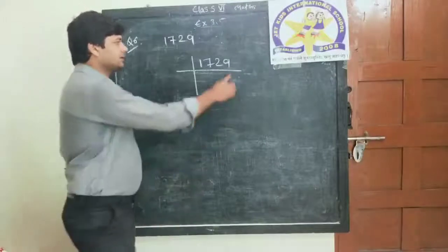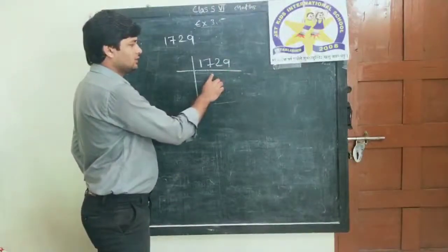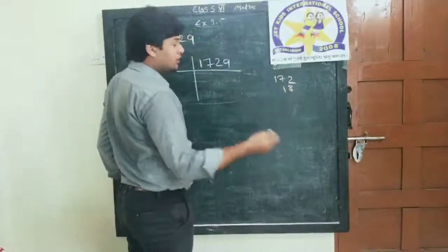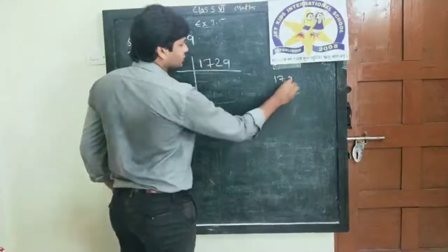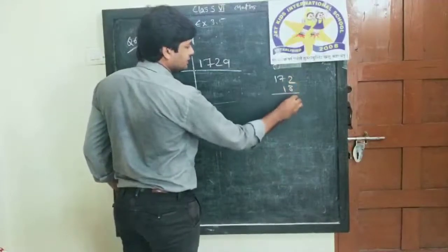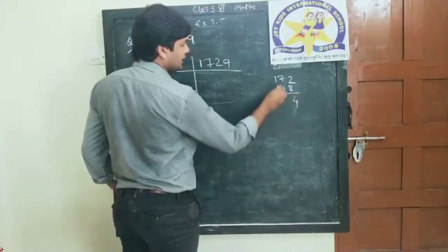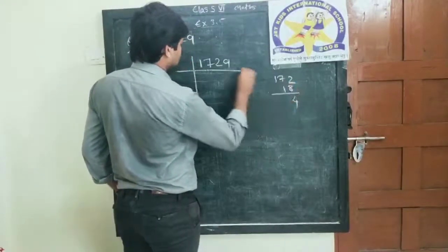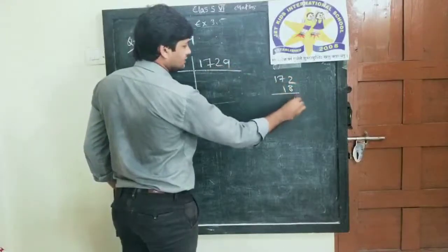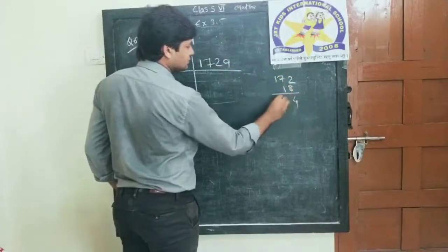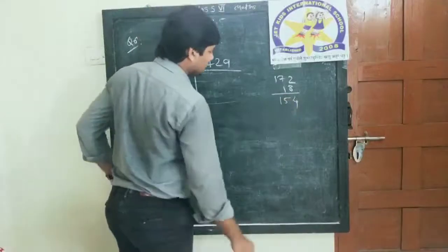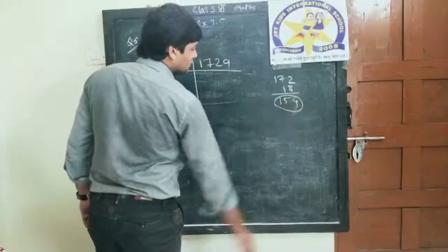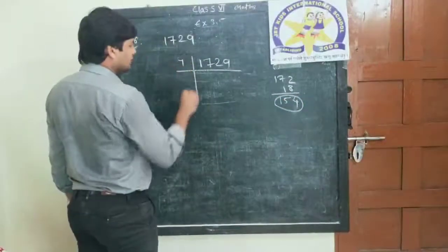7 9s are 18, what we do generally, 172 minus 18. Now I am not going to repeat the divisibility test of 7. 12 minus 8, that is 4, and 16 minus 1, 15, right? 154. Yes, it is divisible by 7. 7 22s are 154, so it is divisible by 7. I am dividing it by 7.